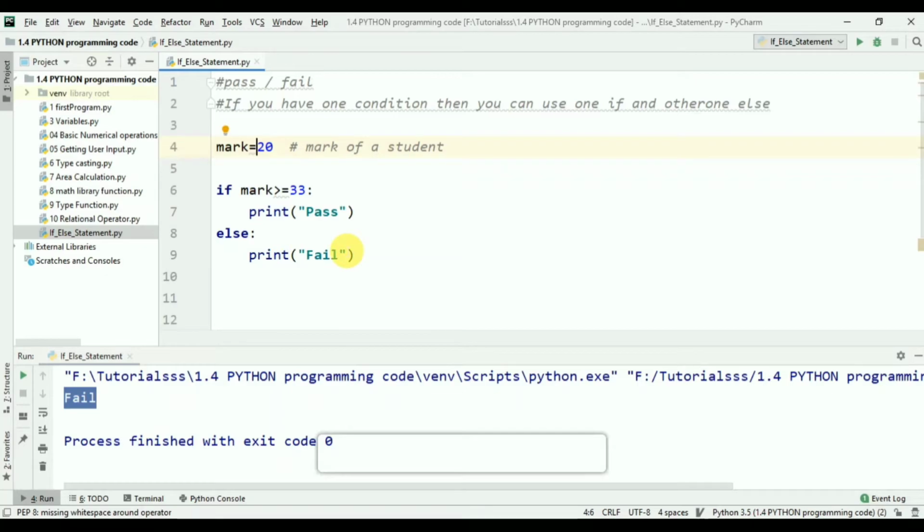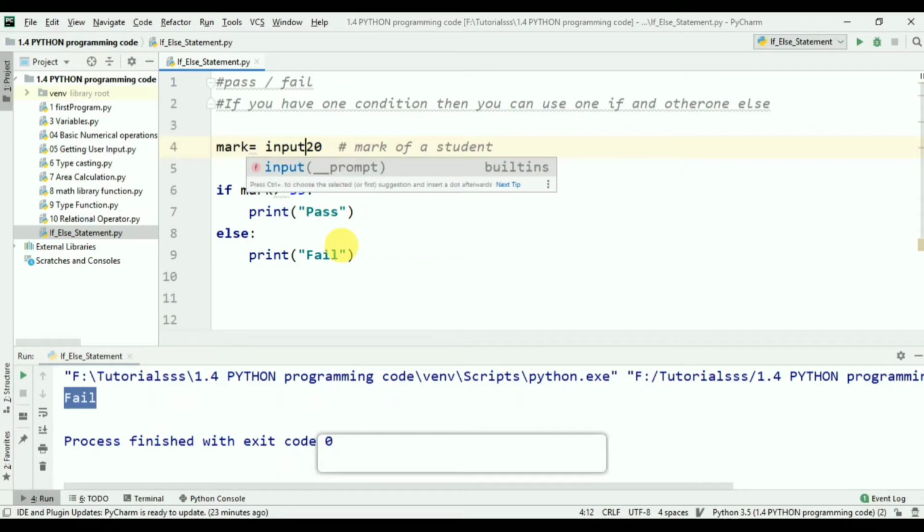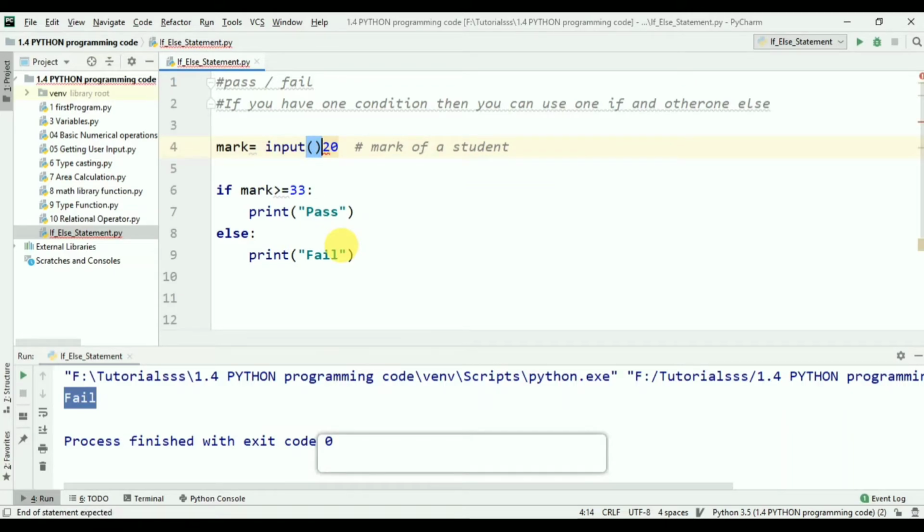Now here you can get this mark input from the user by using input, which we have already discussed in the previous lecture. You can check. So I get the value from the user using the input function. Here you can type mark.